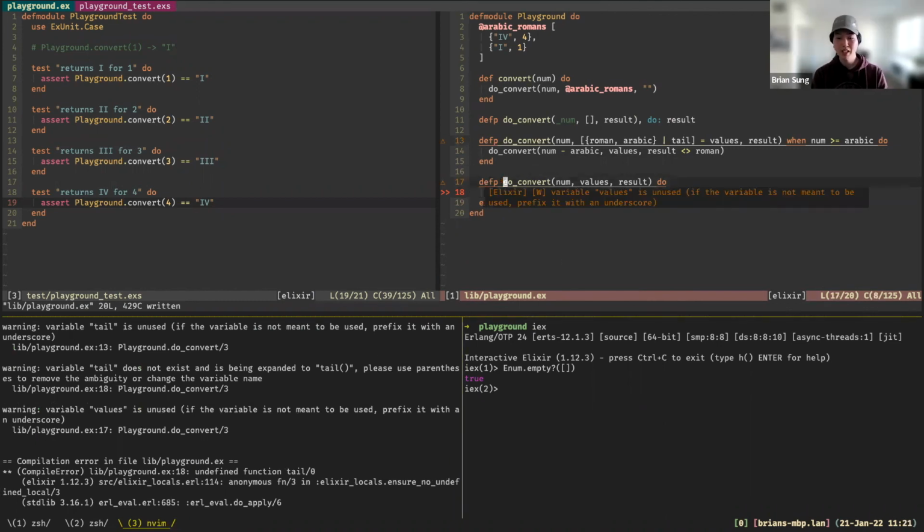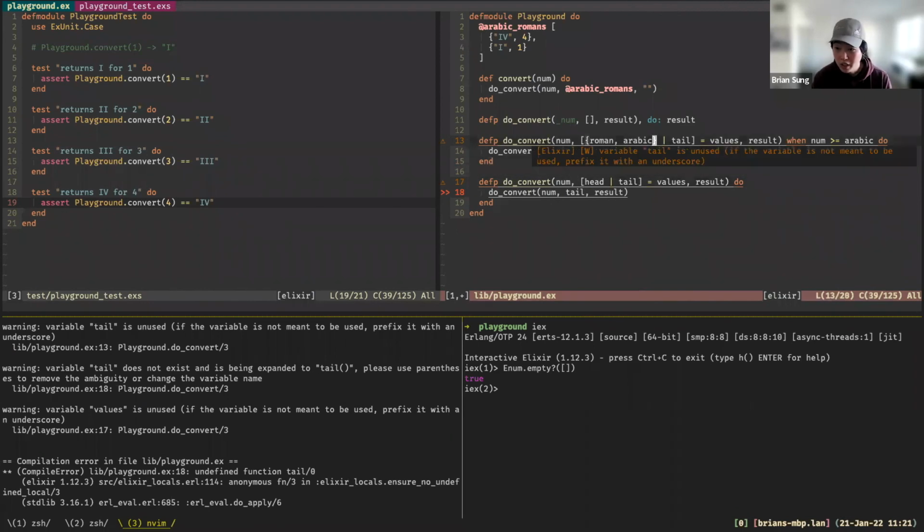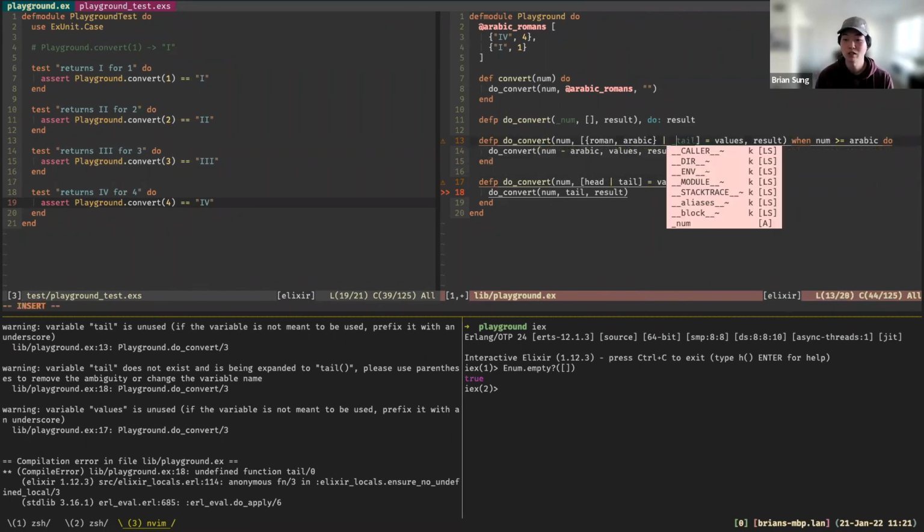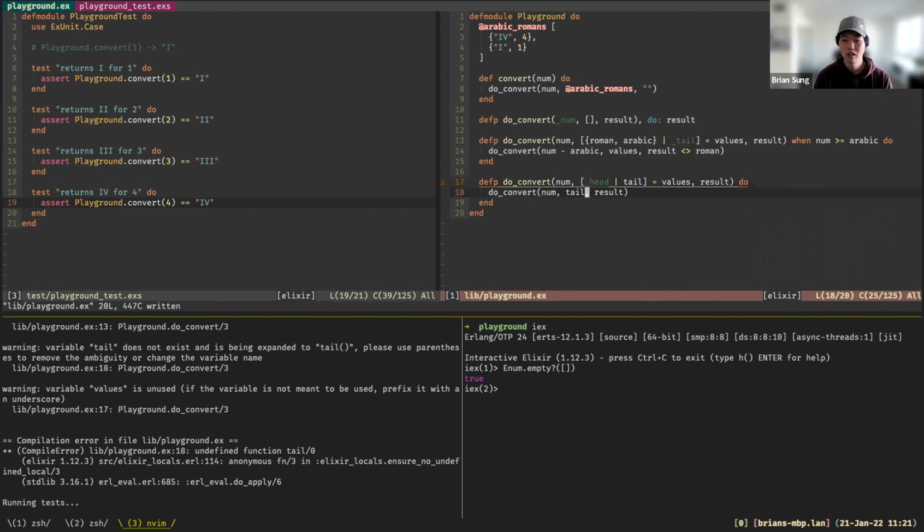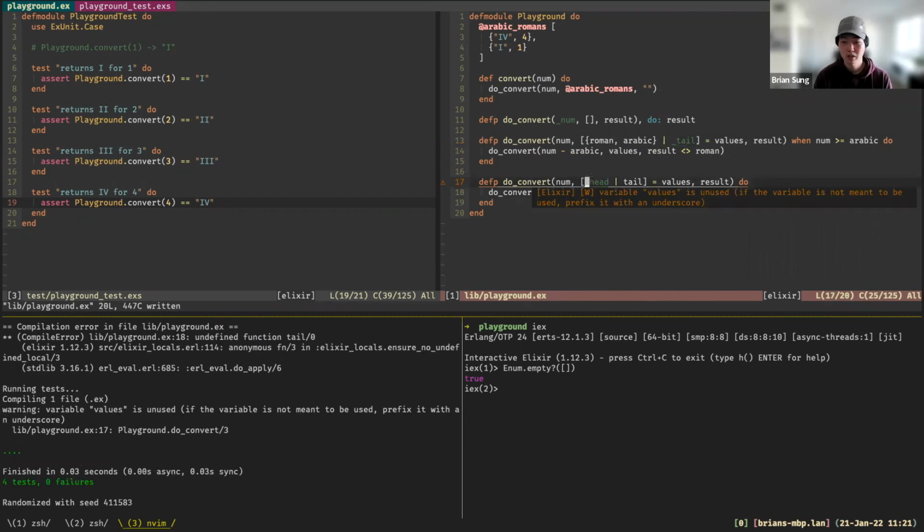I'm not extracting tail in this one, so we need to grab tail. And this is also complaining because tail is unused, so let me prefix it. And then here we're not using head.